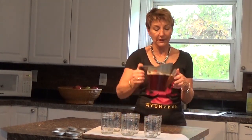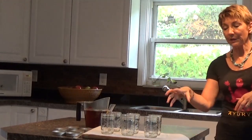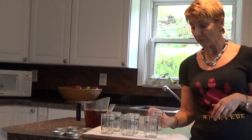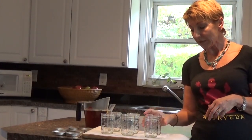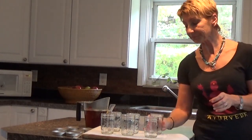And as you can see, my ghee actually is quite dark. So I cooked it probably on the longer side. And that's okay, so it looks more like maple syrup than a light honey. Now we want to put it into the jars pretty soon. So what I like to do is we want to filter it in case there's anything left in here. So the way I like to filter